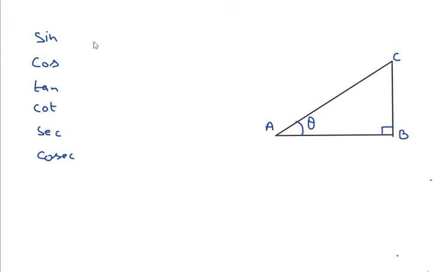As I have already explained to you, if we have a right angle triangle, this angle B is right angle, so the side in front of this will be hypotenuse. If I am taking point vertex A angle theta, so the side opposite to this will be treated as perpendicular, the remaining side will be base.